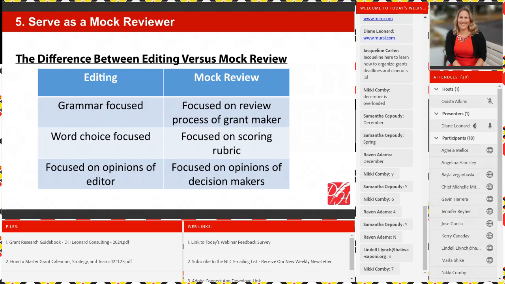But if you're doing a mock review, you are going to ask your colleagues who haven't helped read it, "Dear colleague, could I please ask for an hour of your time to read this full application and let us know how you would score it? Oh, look, using this small little form that I made for you, could you let me know how you would score it against the scoring rubric from the application, from the set of guidelines?" You might even ask 2 or 3 people in the organization to be mock reviewers for those really big, heavy